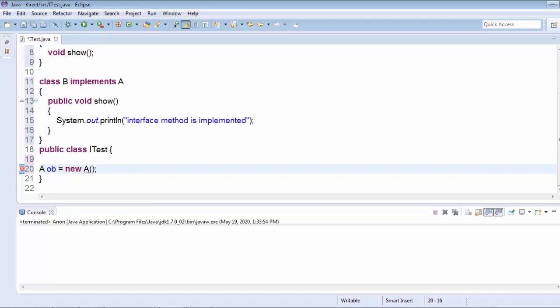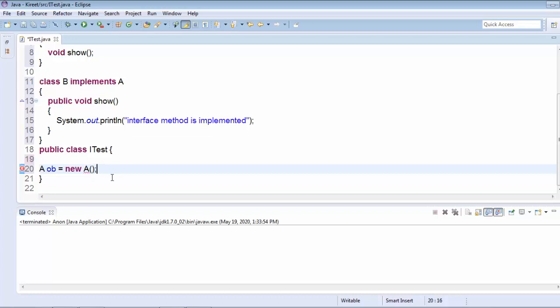It means that I am trying to instantiate an interface. But as per the definition of an interface, an interface cannot be instantiated. We cannot create an object for an interface. That's why it is showing an error. It says cannot instantiate the type A, because A is an interface.